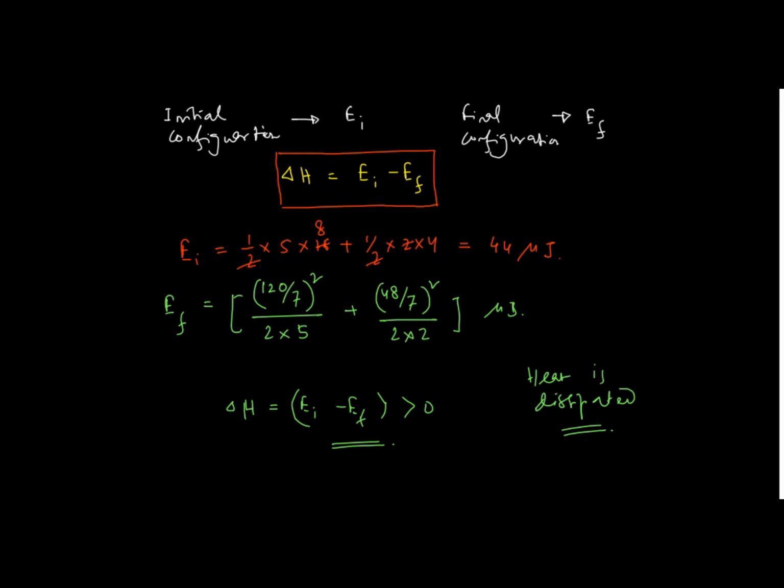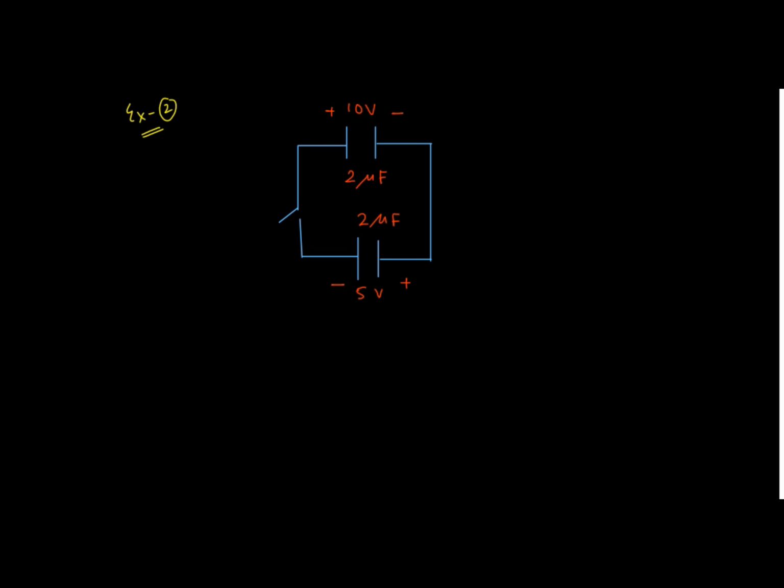Is there any other smart way that we can do over here? Yes, there is a technique. Let us check. I'm just making a little bit of change, because I will give the other part as homework for all of you. So in this case we have two capacitors, 2 microfarad and 2 microfarad. One is given a potential difference of 10 volt and this is 5 volt before they are connected. So before connection, the charge here is plus 20 microcoulomb and here the charge is plus 10 microcoulomb.